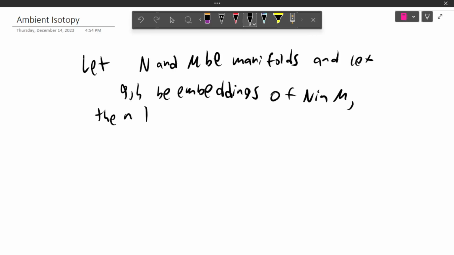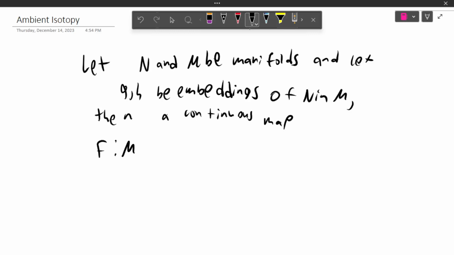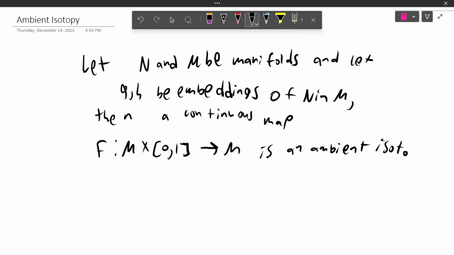Then the continuous map, I'm going to be careful and say a continuous map because this isn't necessarily unique. A continuous map F, which is going to map from M, Cartesian product with the closed unit interval, into itself, is an ambient isotopy if